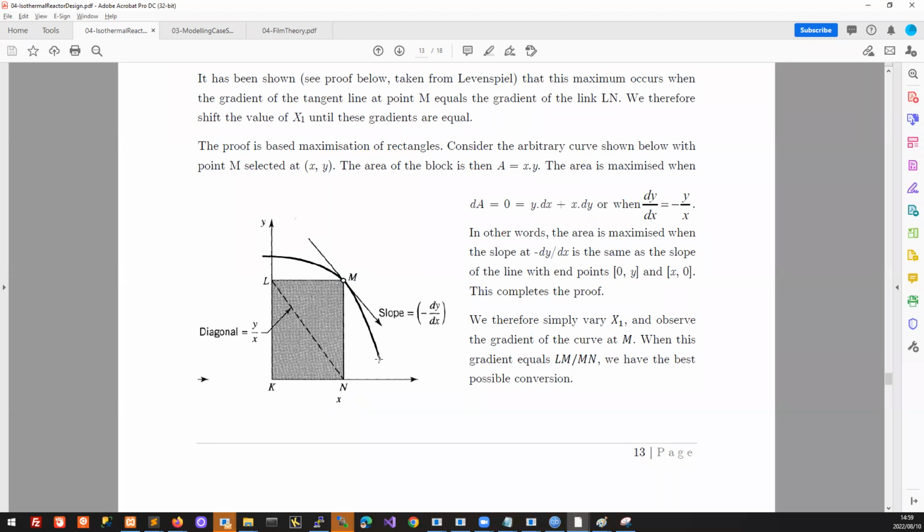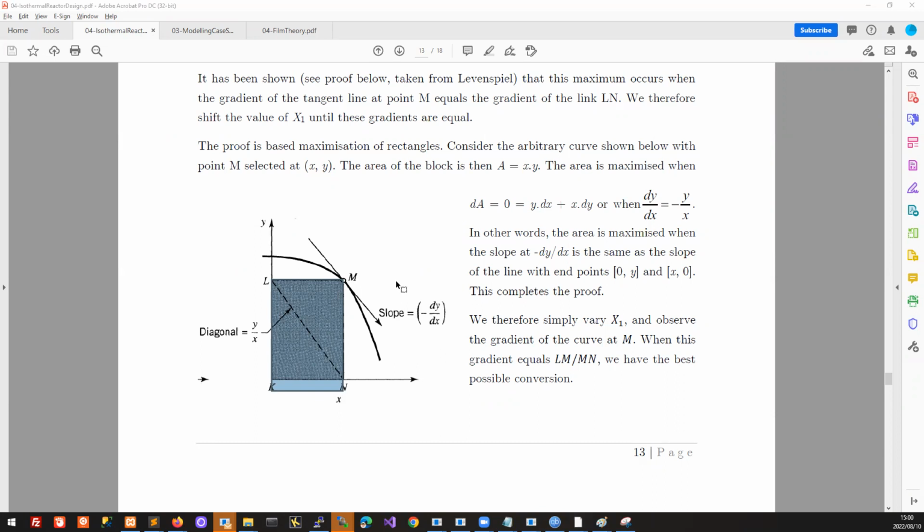You can think, if you choose x right down here, then you've got that box. That box is clearly smaller than this box. On the other hand, if you choose an x value right over here, then you've got a thin slice like that, so that box has a smaller area also. Between those two, somewhere in between, there does exist an x that will maximize this area, right? And the way to figure this out is to say, well, clearly the area is y times x. And so the rate of change of that area is